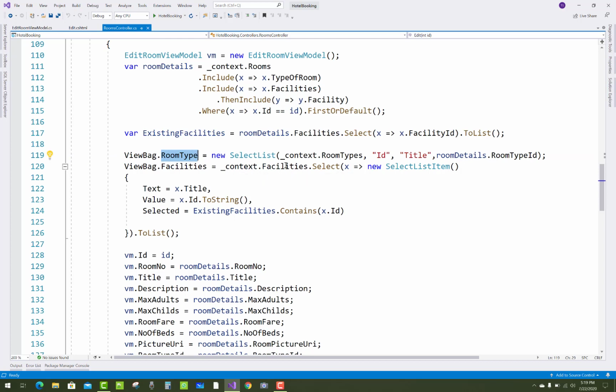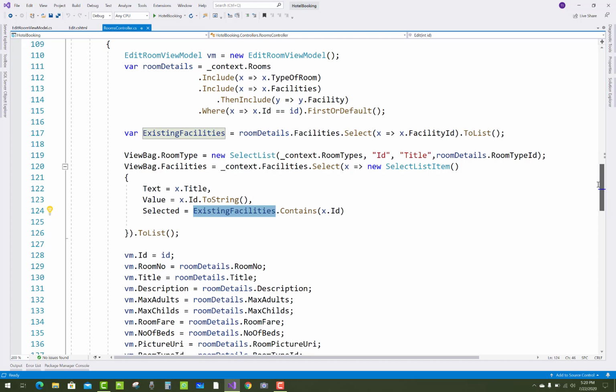So new SelectList, context.RoomTypes, there is the table and the ID and title, and the selected property appears on roomDetails.RoomTypeID, that is the selected. And the ViewBag.Facilities is context.Facilities.Select new SelectListItem, and in the SelectListItem you have to add x.Title, x.ID, and Selected is existingFacility.Contains x.ID. I mean to say that first facilities. So these facilities are selected.